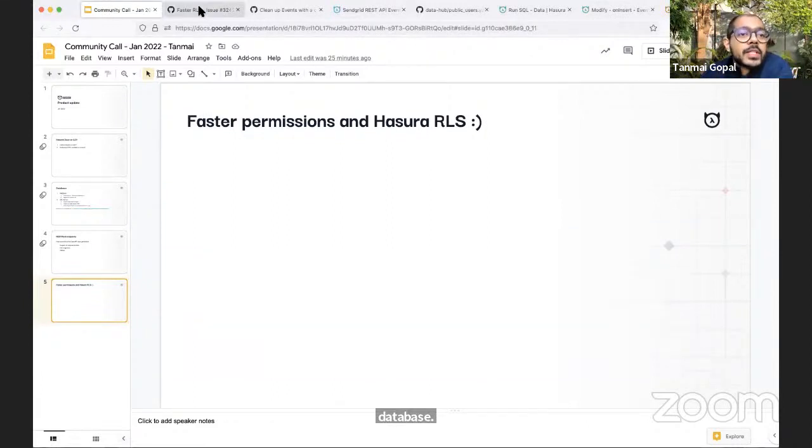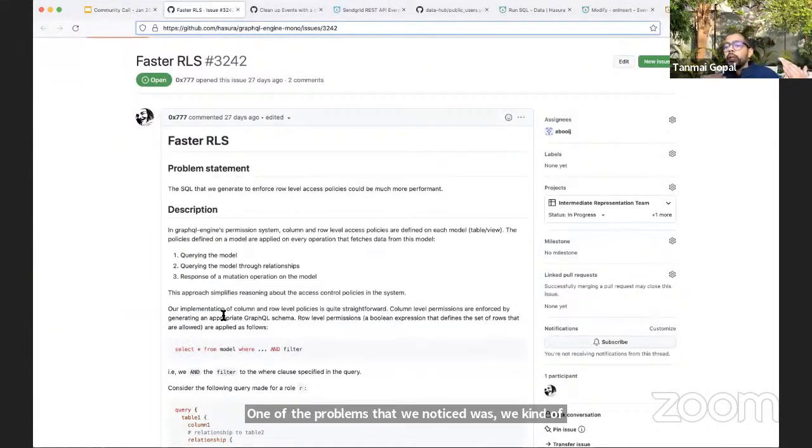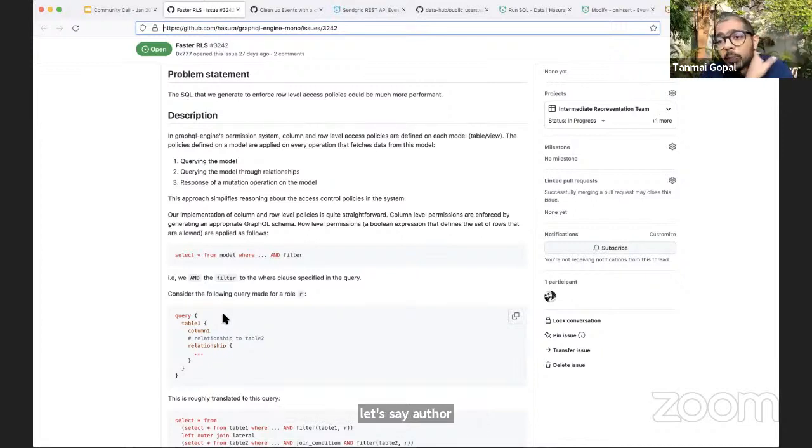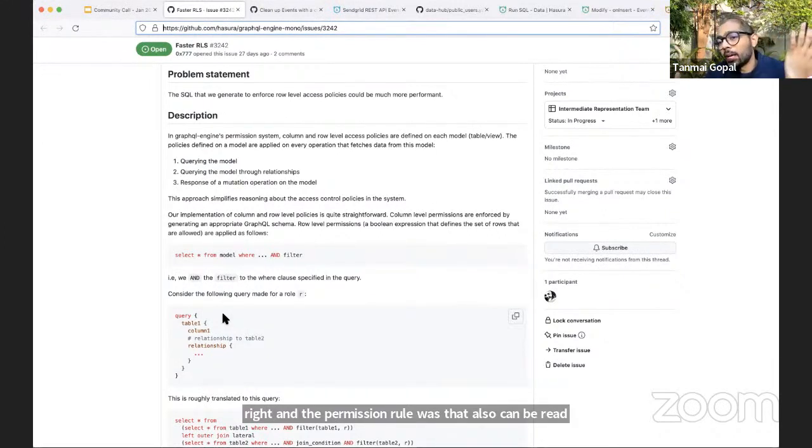One of the problems that we noticed was we relied on Postgres' query planner to deduplicate permission filters that were coming in, right? So let's say, for example, you were querying a parent and a child. So you were querying, let's say, authors and their articles, right? And the permission rule was that author can be read by the author, but article can also be read by the author.